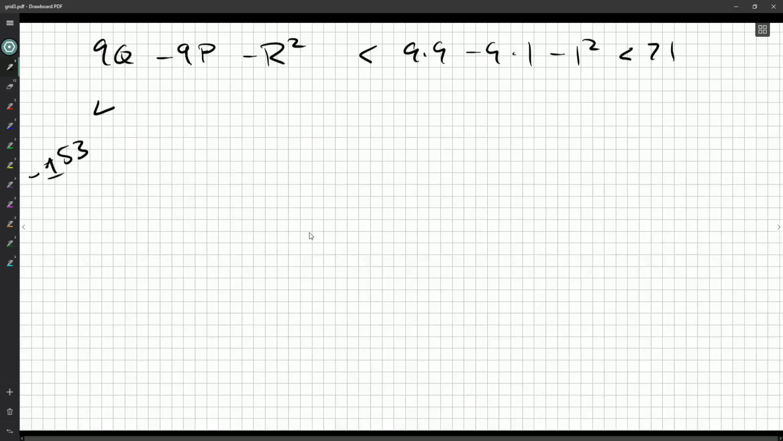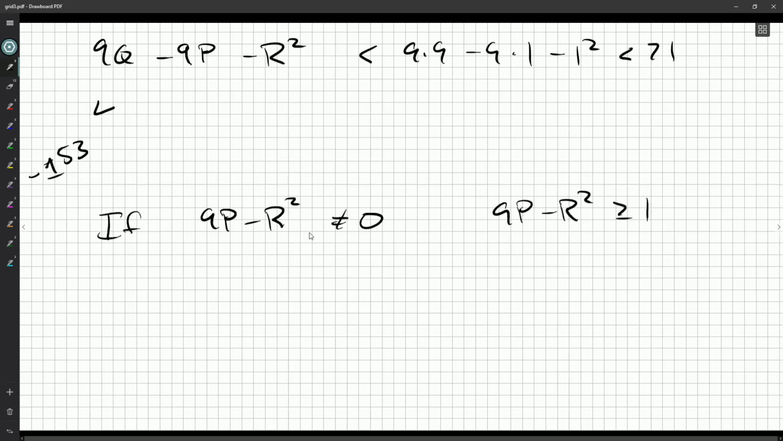Okay. So minus 161 plus 9. So there's quite a limited range, and if I have 9p minus qr squared, if that's anything but 0, then suddenly I'm multiplying something as... So this is at least 1. Well, if I make k bigger than or equal to 3, we'll get 9p minus r squared times 10 to the k is bigger than